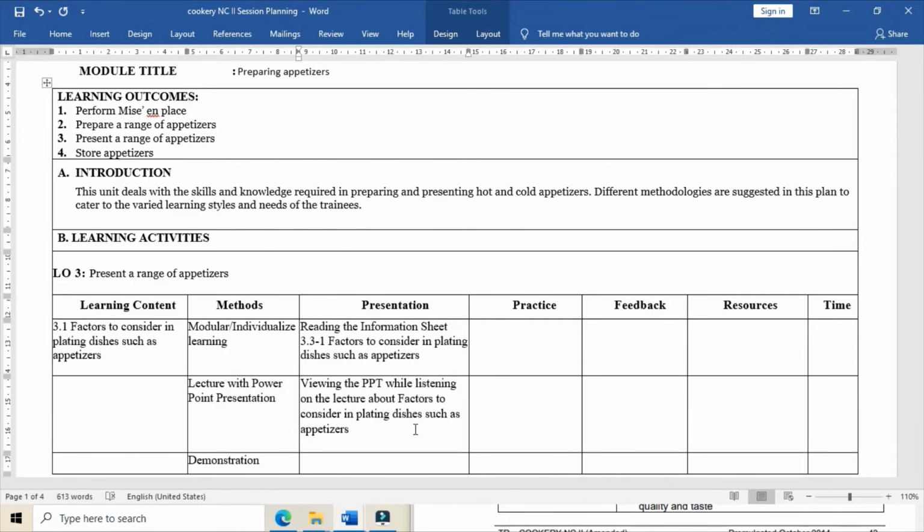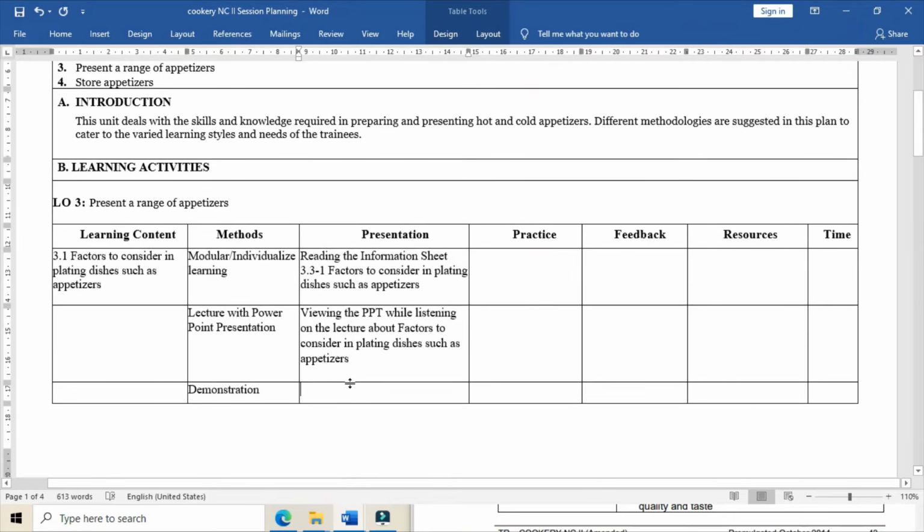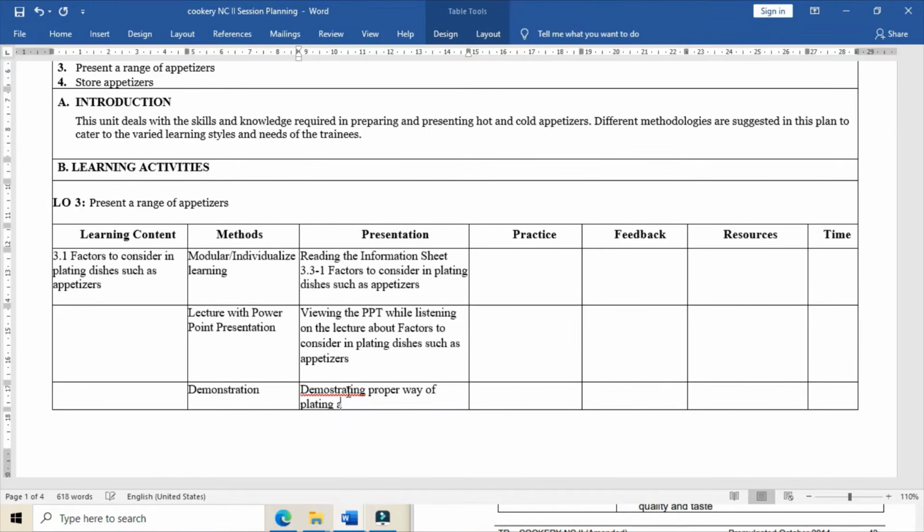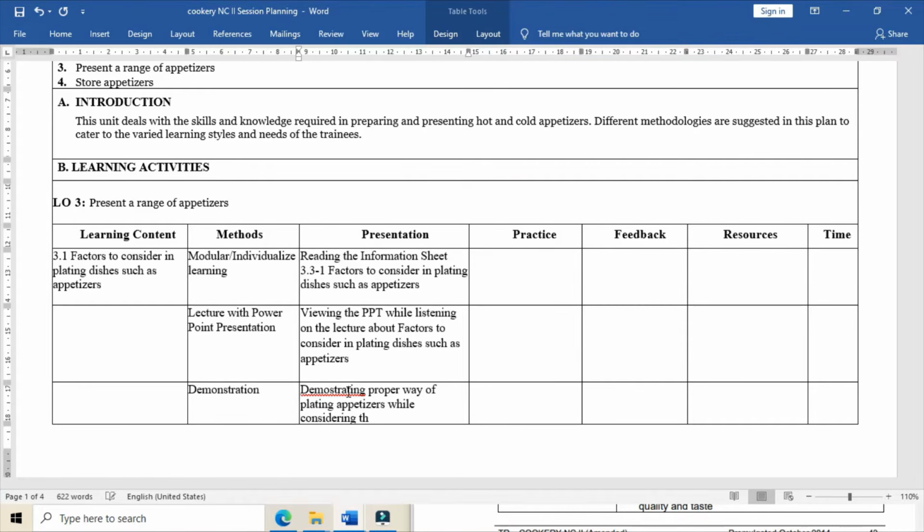All right. So for the kinesthetic learners and the means to present the demonstration, the kinesthetic learners will be given a time for demonstrating the proper way of plating appetizers while considering the factors. So the factors such as appeal,